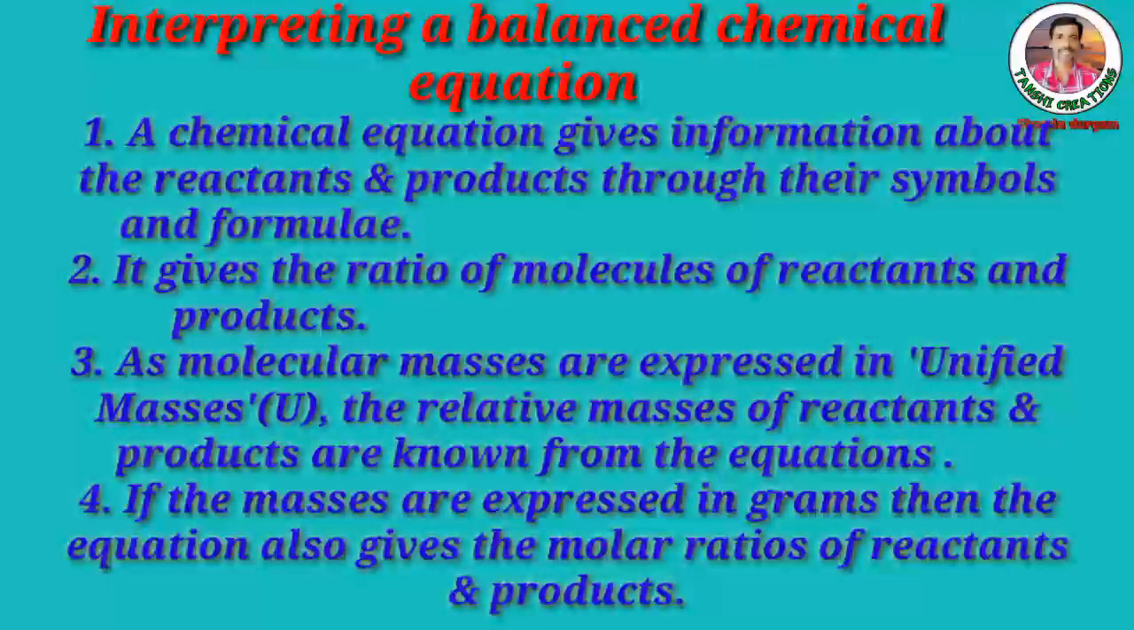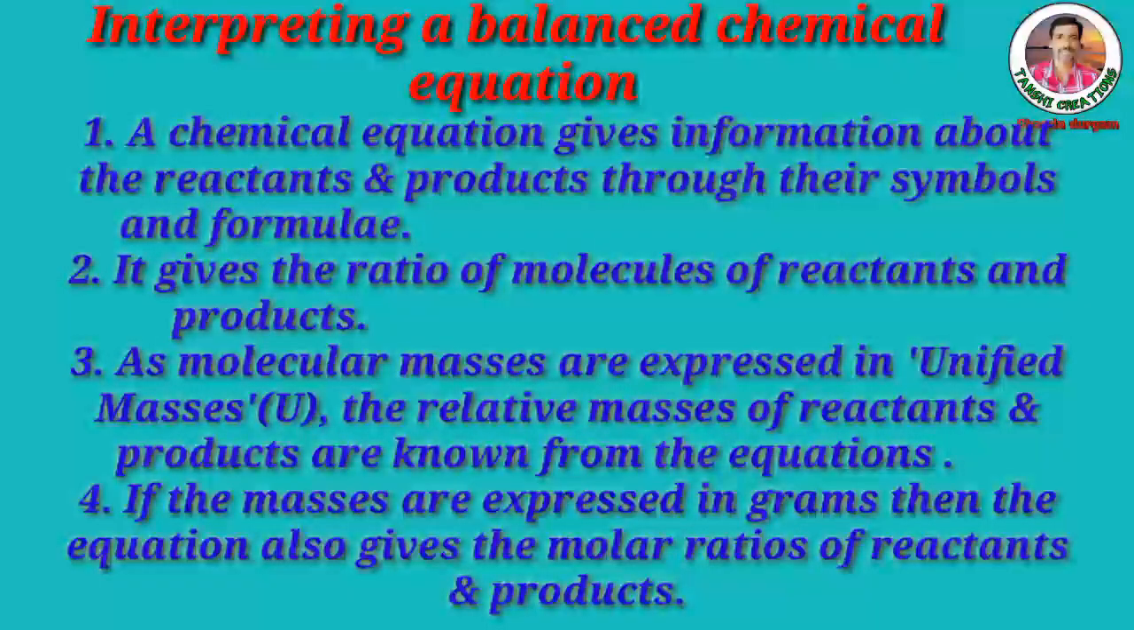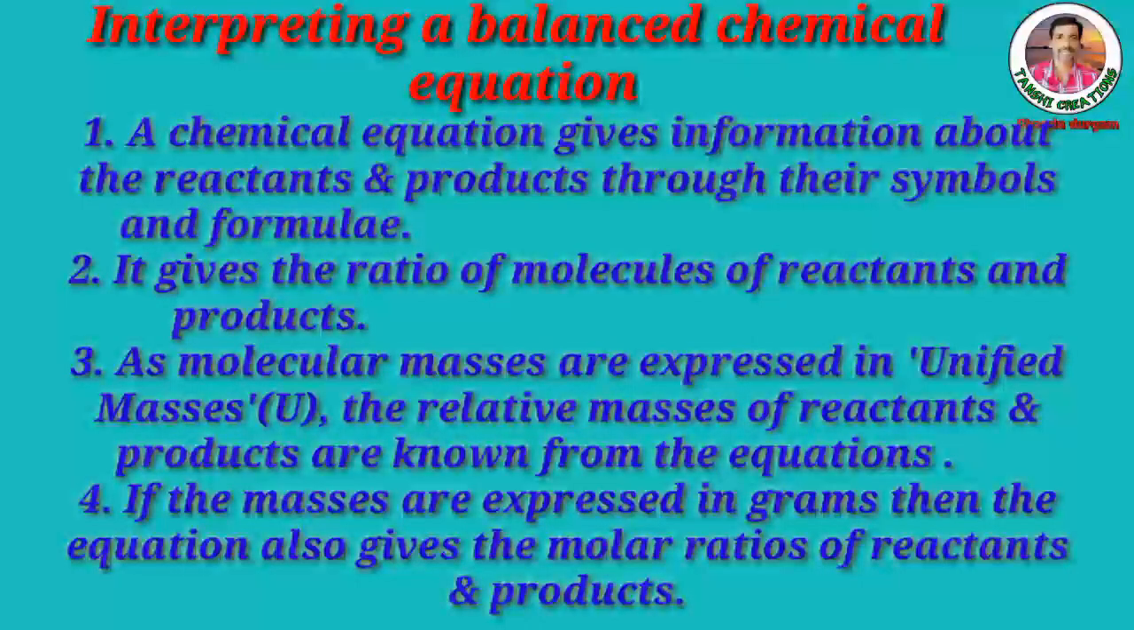Next, interpreting a balanced chemical equation. Number 1, a chemical equation gives information about the reactants and products through their symbols and formulas. Second, it gives the ratio of molecules of reactants and products. Third, as molecular masses are expressed in unified masses, the relative masses of reactants and products are known from the equation. Fourth, if the masses are expressed in grams, then the equation also gives the molar ratios of